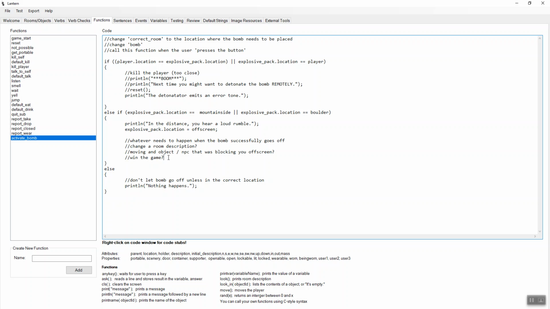And now we have to figure out what happens in our game when we detonate the bomb, and this is going to be different for every game, so I can't really give you a code snippet for that. But typically, you kill it, you move an NPC off screen. We'll move the boulder off screen. Maybe room descriptions change. So in this example, we definitely want to move our explosive pack off screen because it's gone now. Let's move the boulder off screen. Boulder.location equals off screen. Okay, and then